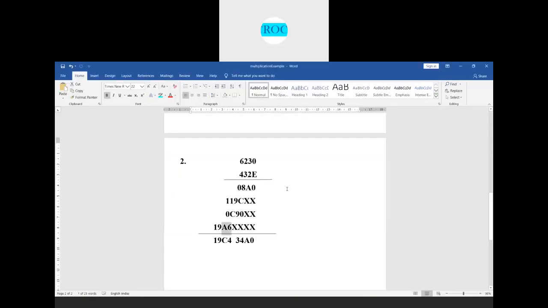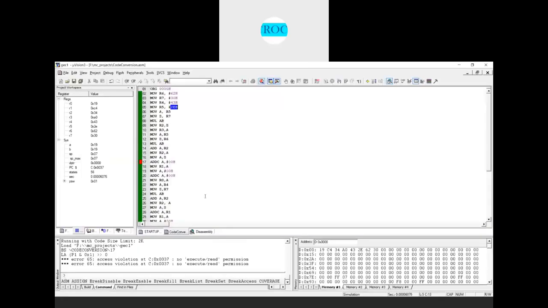Just follow these steps. There could be a couple of errors, but you need to debug and modify the code and see whether all the intermediate results and carries are included while performing the addition, so that when I perform the addition at the end, you get the right results. If you're not getting them, you just need to debug and write the code. Remember this example, because with this example only we have written this program. This is how you perform 16-bit multiplication.